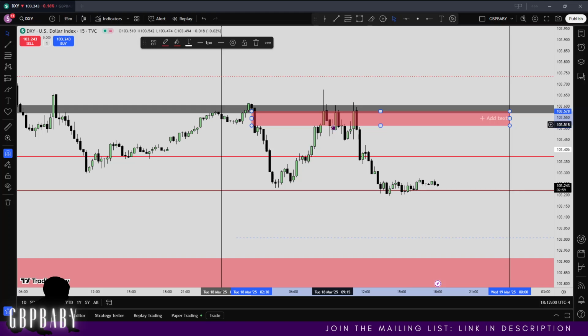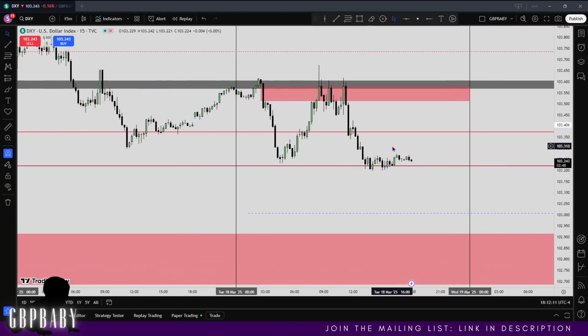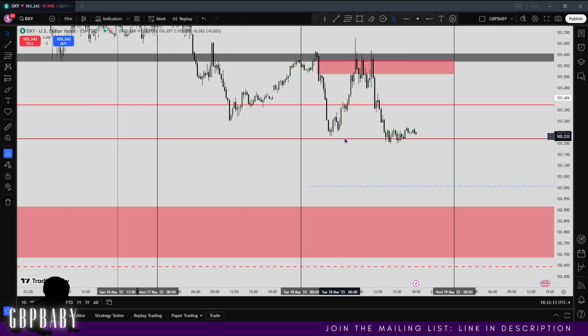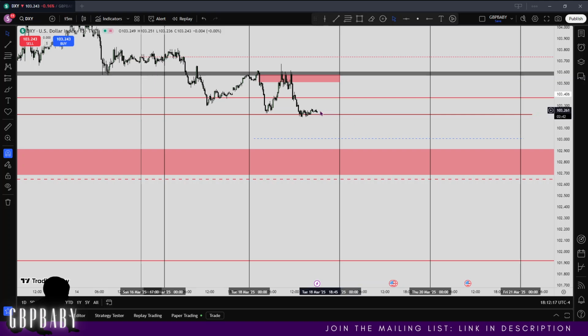Look at this, up, down, up, down, up, down, and then it's left it again. So you see our price is filling in these premium PD arrays. The way it keeps doing this and leaving it is typical and very indicative of lower pricing. So I'm moving into tomorrow with the expectation that price is going to be able to roll over, and what